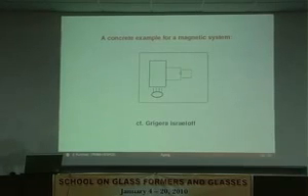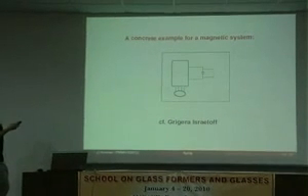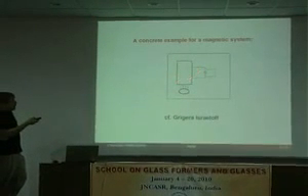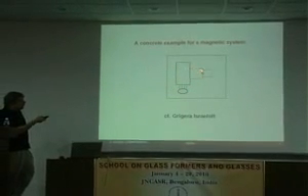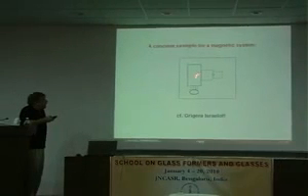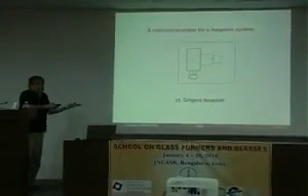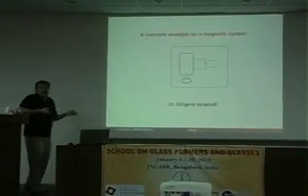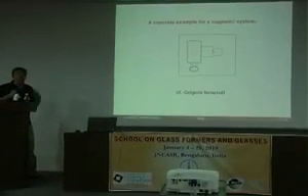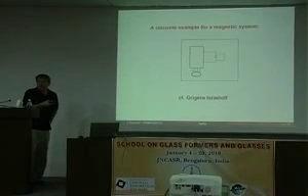some time ago, long ago, with Letizia Cugliandolo and Luca Peliti, that you could do for a magnetic system. You put a coil and a capacitor, so you have an LC circuit, which is just like a spring and a ball. And this is a magnetic system, this is the thermal bath, and then you measure the potential, and you see how much energy it picks up, and this is a thermometer, and to the extent that this bar satisfies the fluctuation dissipation theorem, this thing should be in equilibrium at the same temperature, and you would measure the average energy